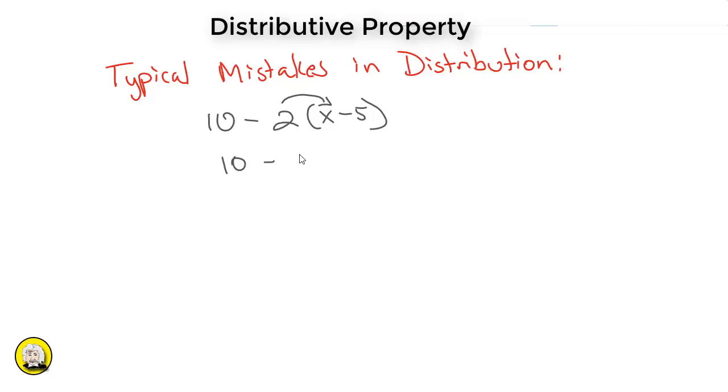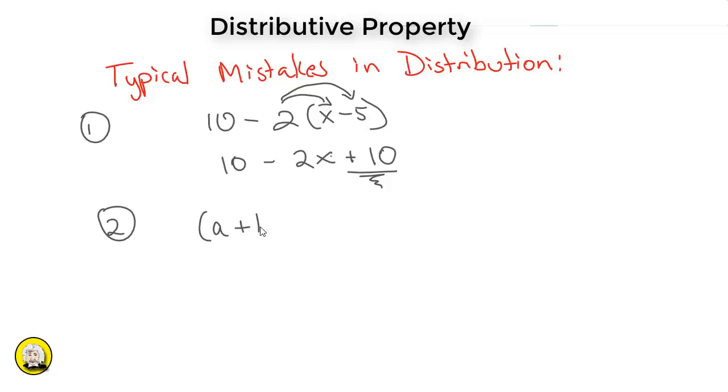10 minus 2 times x is minus 2x, but then the minus 2 times the minus 5 turns that to positive 10. The double negatives make a positive. And that's where students typically make their mistake. They forget to associate the two negatives, which multiply out while expanding the expression to become a positive. Okay, so that's one typical mistake. So always beware if you have a negative sign in front of a parentheses and there's a negative term within the parentheses. The other one is